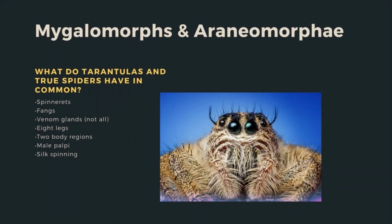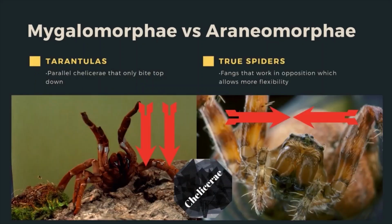What do tarantulas and true spiders have in common? They have spinnerets, fangs, venom glands, though not all spiders have venom, 8 legs, 2 body regions, male palpi, and silk spinning. Tarantulas have parallel chelicerae that only bite top down, while true spiders have fangs that work in opposition, which allows